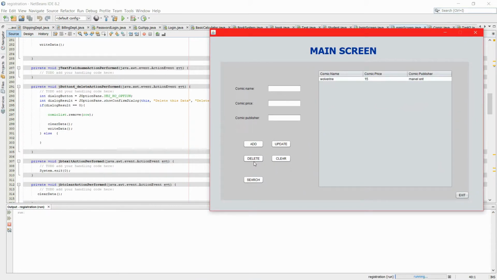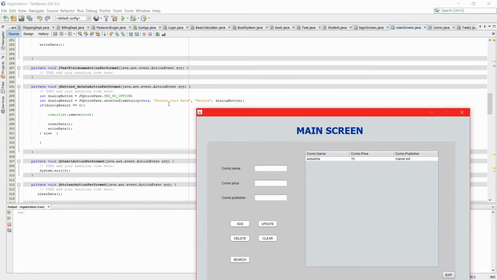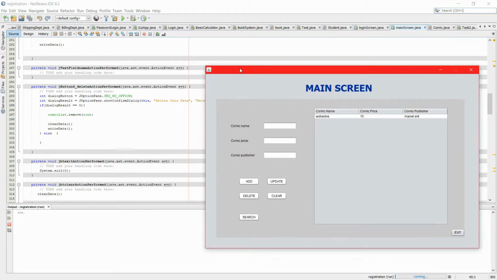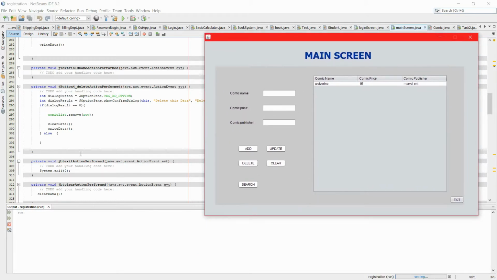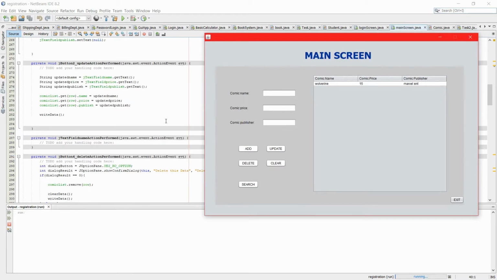When we click the delete button, after we choose the registry that we want to delete from the system, it will show a delete message, delete this data, and we click yes, and it will delete the data from the registry from the comic list, remove row. And the clear button,